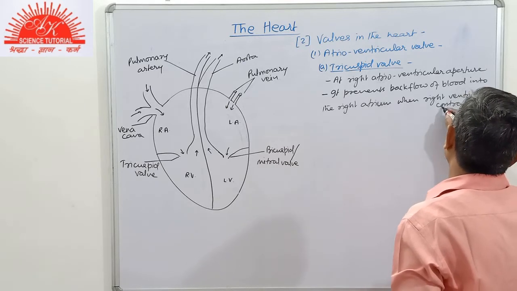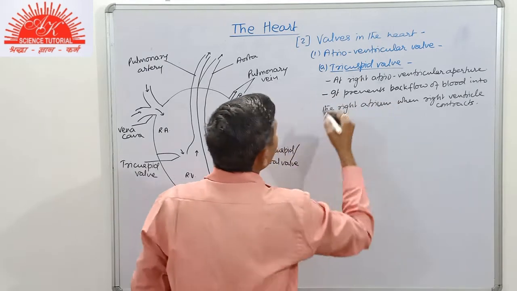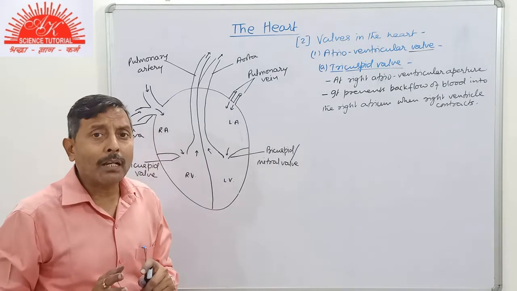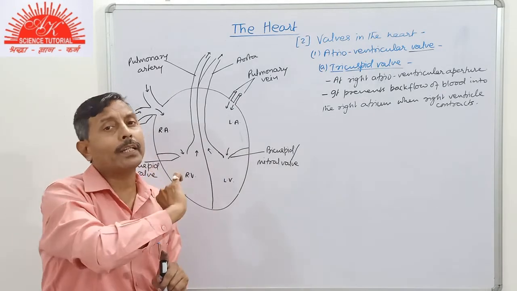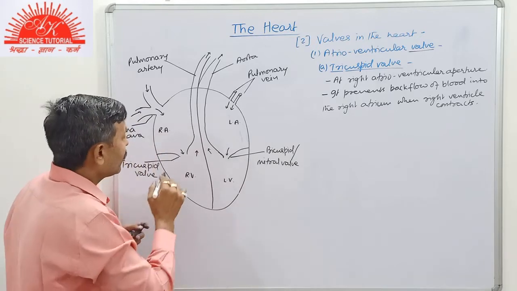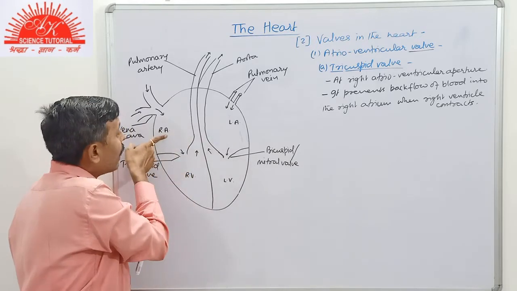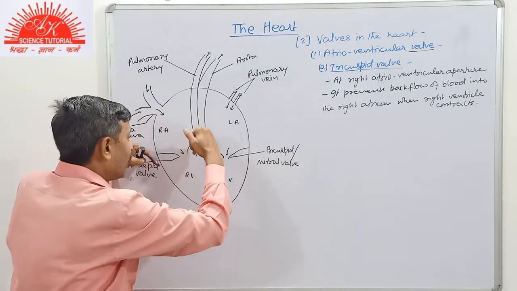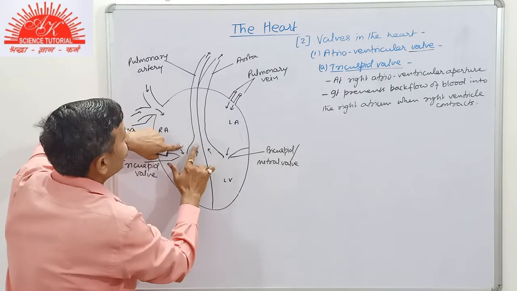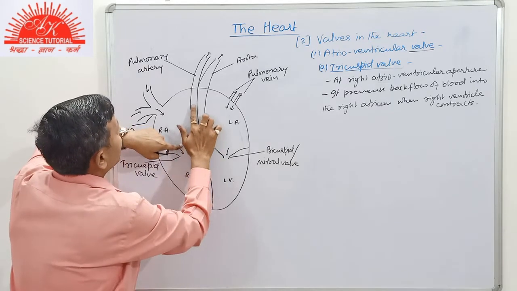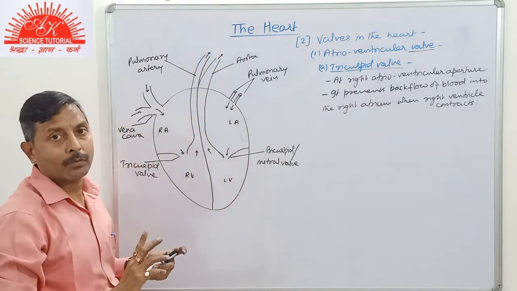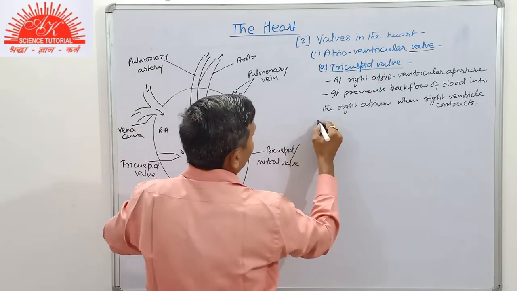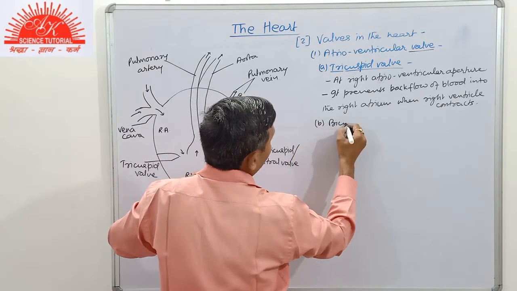You see here, if we use the term valve, at every place wherever there is a valve, its main function is to maintain unidirectional flow. So this valve will allow blood to pass from the right auricle to the right ventricle. But when the ventricle contracts, the valve will be closed, and then there is a single passage, that is, the blood will pass through the pulmonary artery to the lungs. Clear, student? On a similar basis, we have another valve, that is bicuspid,